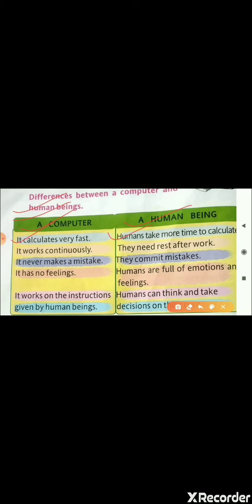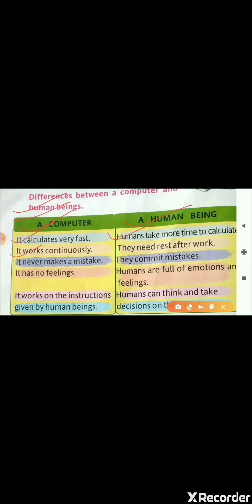As I gave you the example, if I give you any sum to solve, you will take 2 to 3 minutes, just because you are a human. But a computer will not take 2 to 3 minutes. It will solve your sum within seconds. Now number 2, it works continuously.